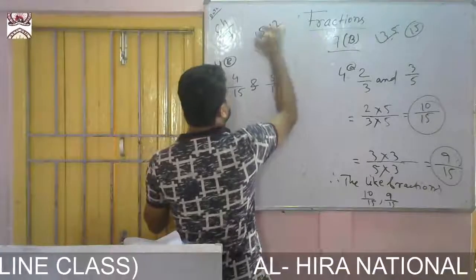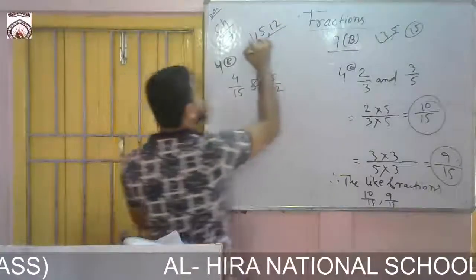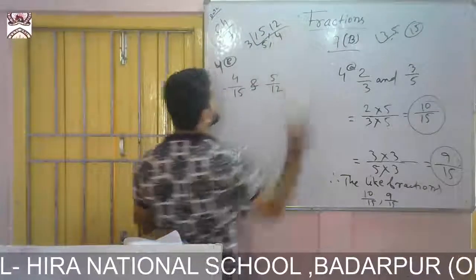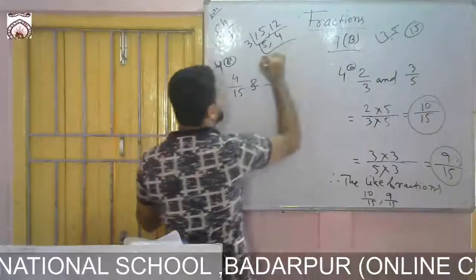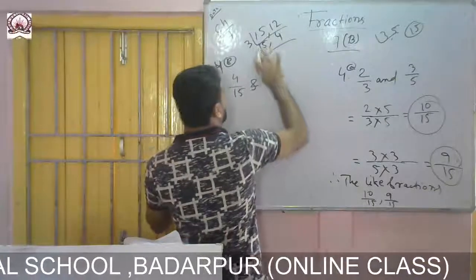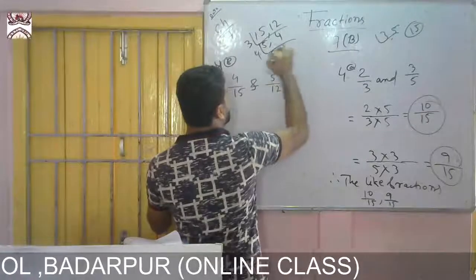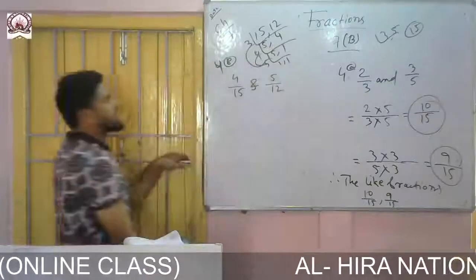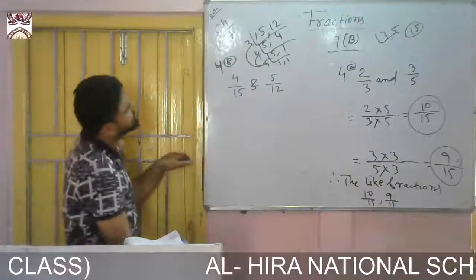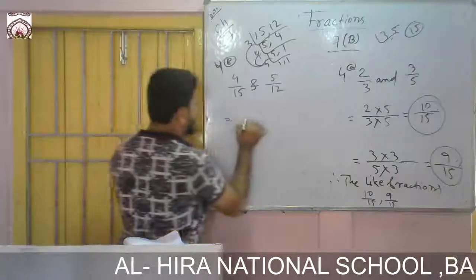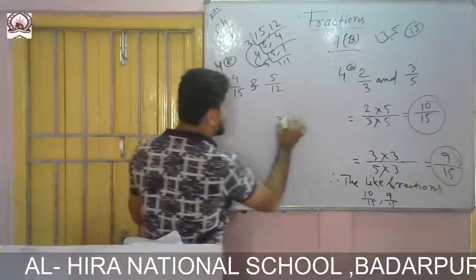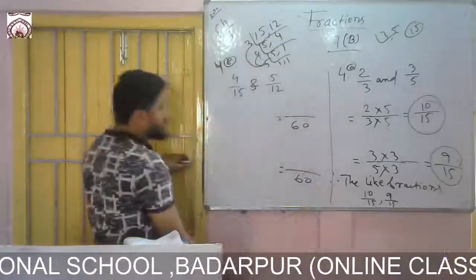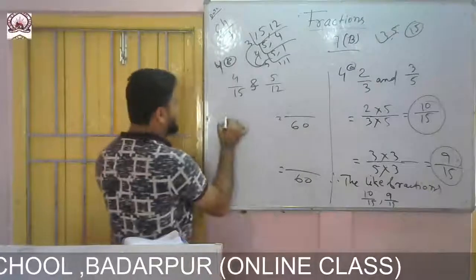So 15 and 12, you take in the rough part. Okay. So with 3, 3 5s are 15, 3 4s are 12. Then 5, then 4. 5 keep, 4 1s are 4. Again with 5, 1s are 5, 1. So 4 5s are 20, 20 3s are 60. So LCM will be 60. We got LCM 60. Now we need to write the fractions.